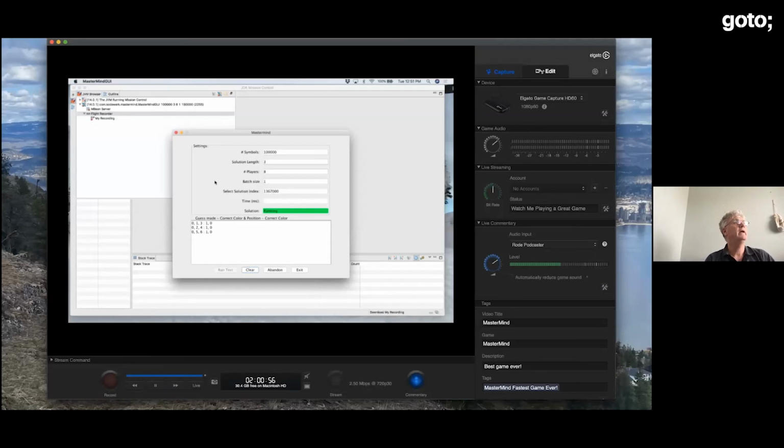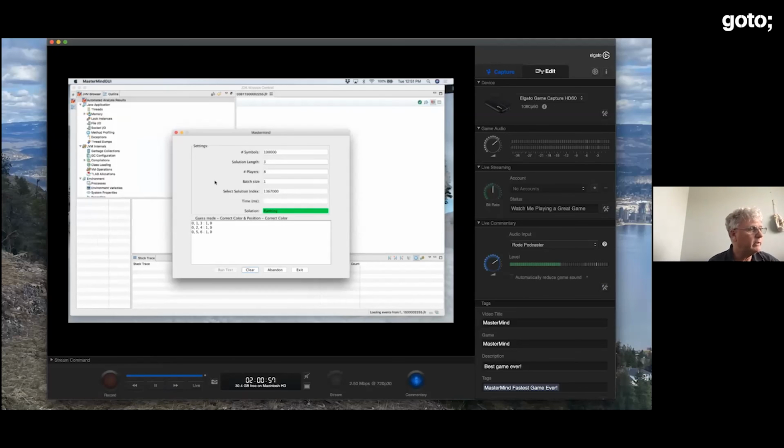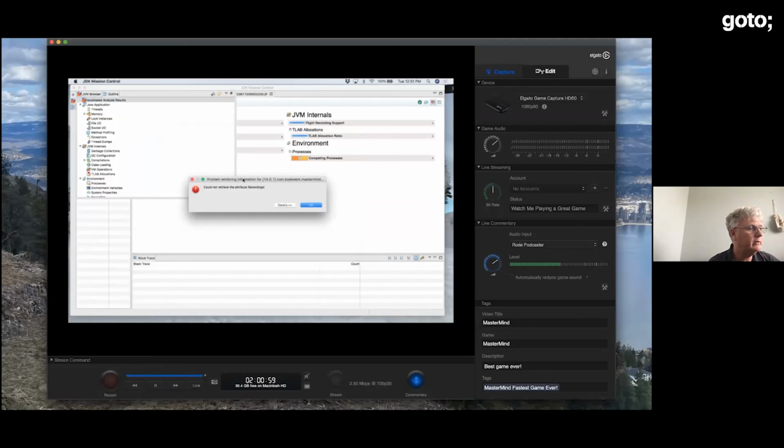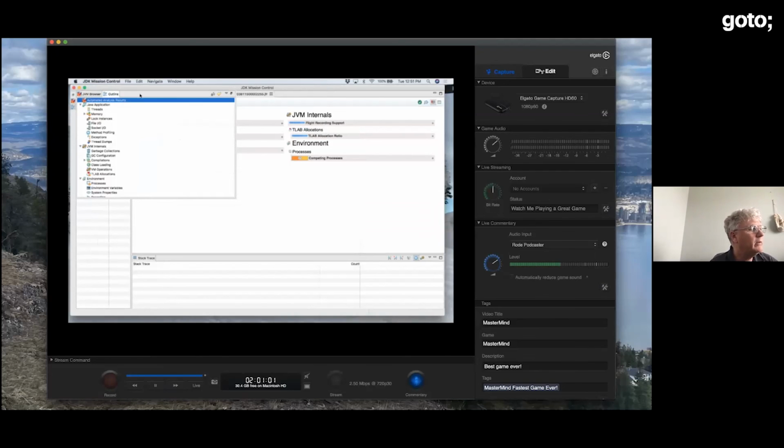Okay, excellent. So now we're going to open the recording. What I'm going to do is shut down the application so we can see the recording. Could not retrieve the recording. Maybe I shut it down too early. I hope not. Anyway, so if we look at the memory